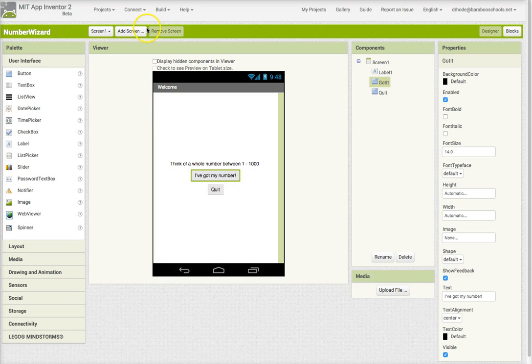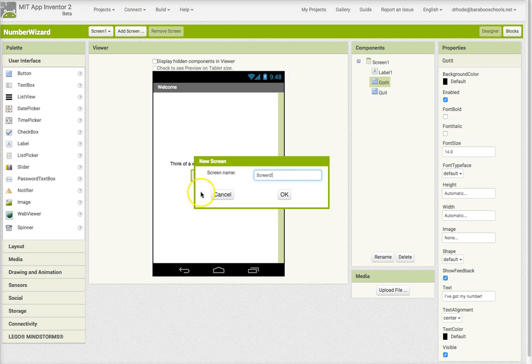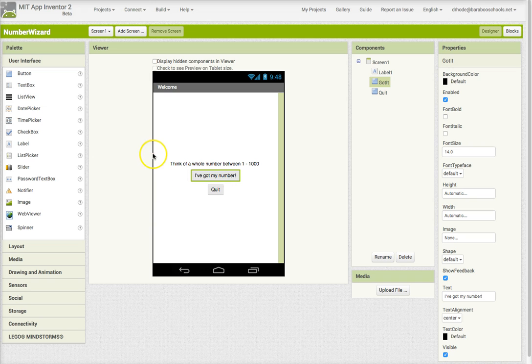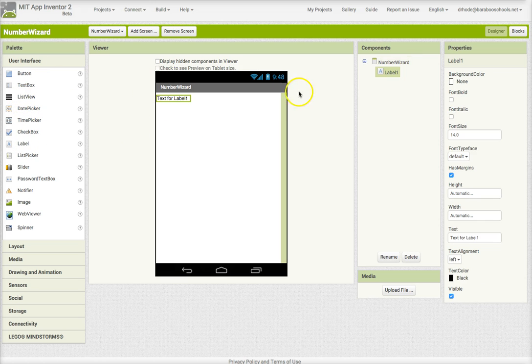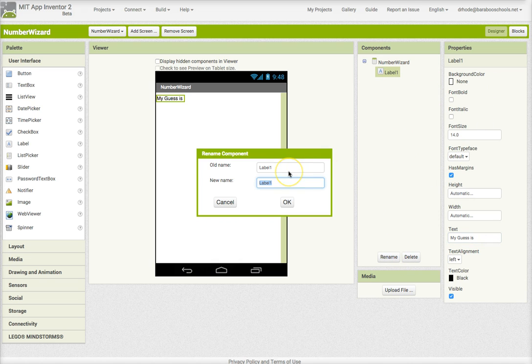This video is designed to show you how to create the NumberWizard screen. First, we're going to add a screen, and that screen we are going to name NumberWizard. Notice the camel case. When we create that new screen, we're going to start by adding a text, our label object, and that label object we don't have to name anything. I'm just going to call it my guess is, and I'll rename it to be